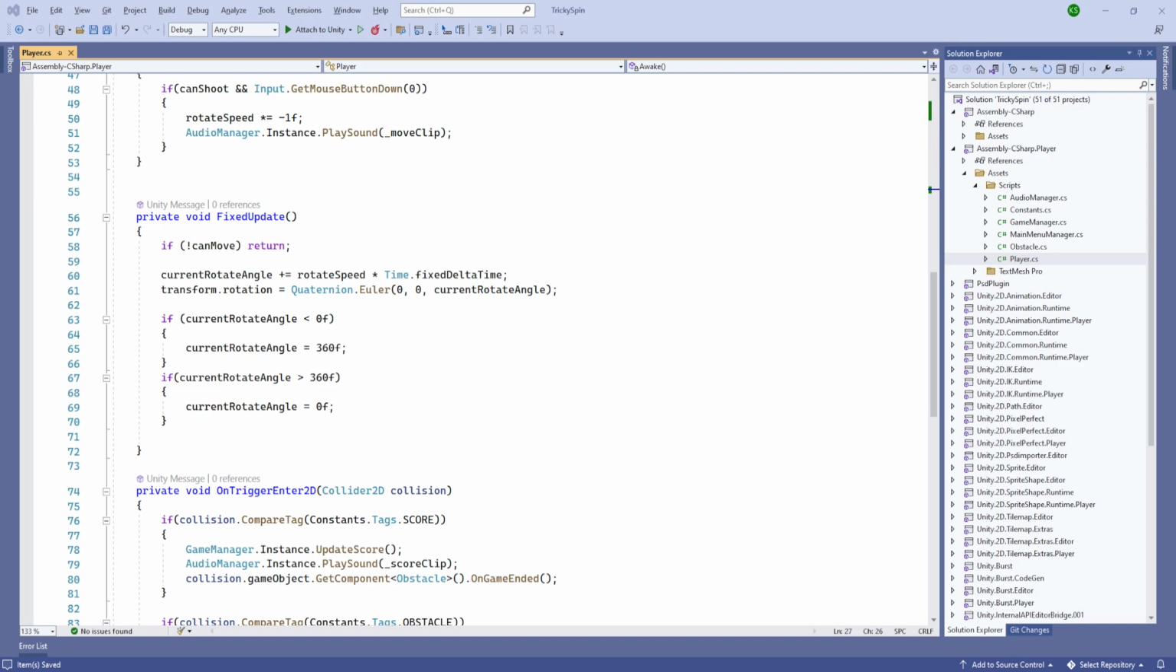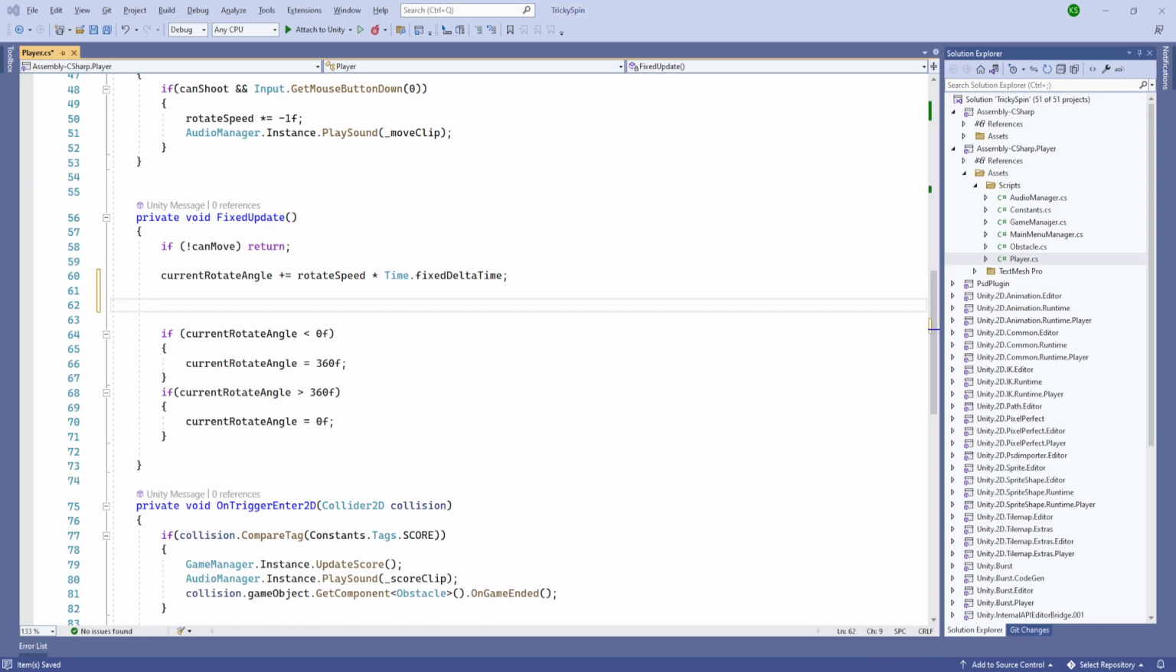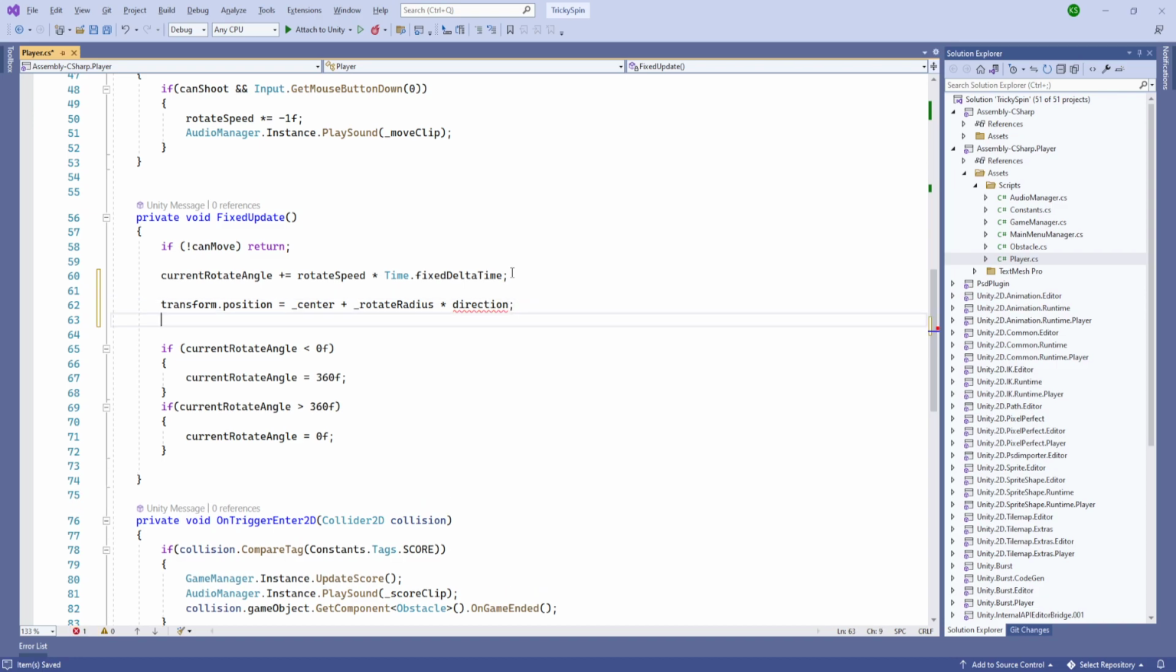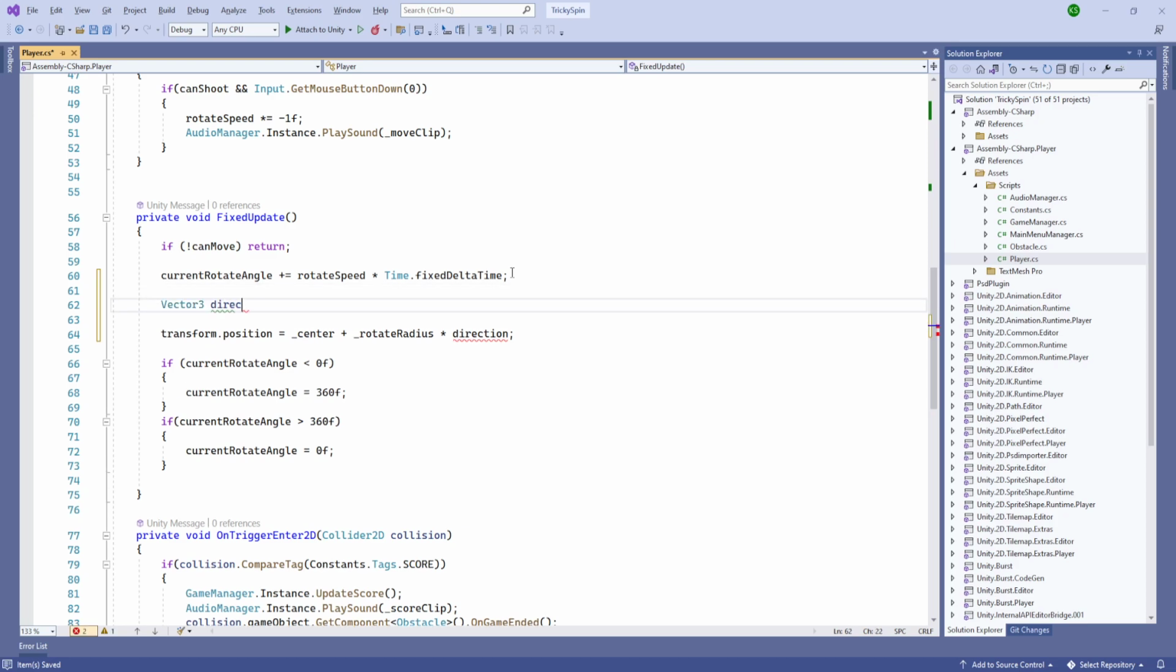Afterwards, we are going to increase the current rotate angle, and instead of setting the transform dot rotation we are going to set the transform dot position. What we are going to set it to is center plus rotate radius multiplied by the direction. And where is the direction? We are going to calculate it depending on the